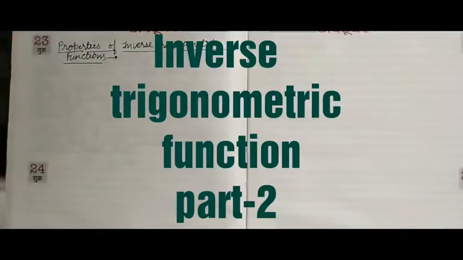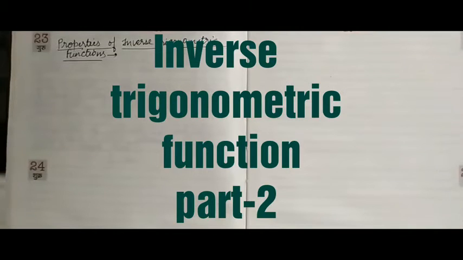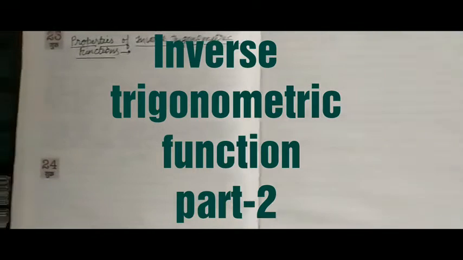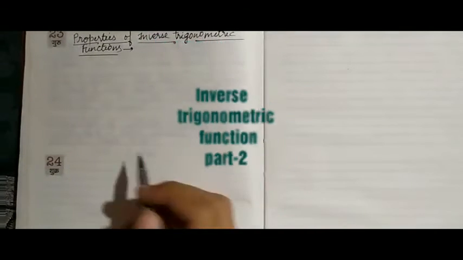Trigonometric function, and we have also discussed the principal values of inverse trigonometric function. Today we are going to discuss the properties of inverse trigonometric function. There are several inverse trigonometric relations between them. One of them is like sine inverse 1 by x equal to cosec inverse x. Such formulas we have to derive. So take the first property of inverse trigonometric function.